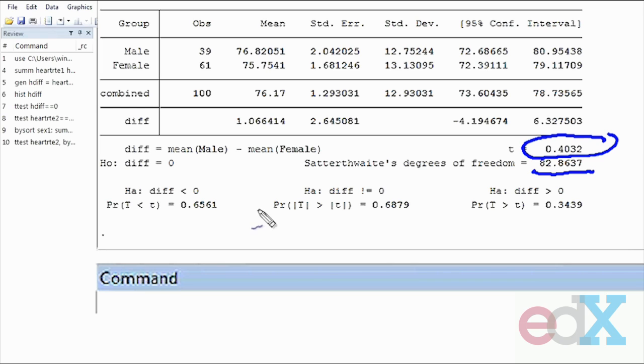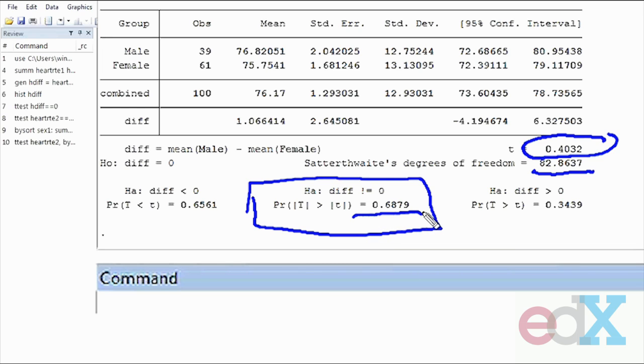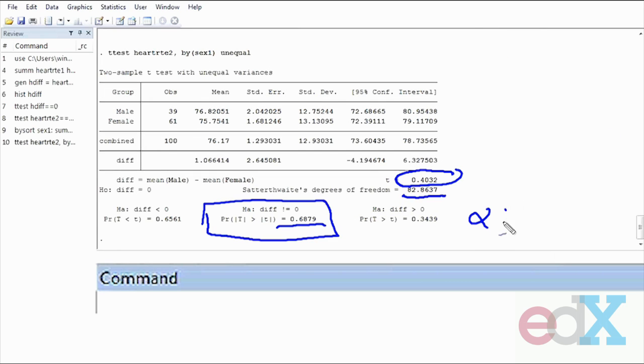Once again, we're looking at a two-sided alternative, so we look here in the middle. Our alternative is that the difference is not equal to 0, and that's a two-sided alternative. We can see that our p-value is 0.6879. So if we're testing at alpha equals 0.05, we would fail to reject the null hypothesis, and the null hypothesis is that the mean heart rate for men is equal to the mean heart rate for women. So we have no evidence to say that the mean heart rate for men is different from the mean heart